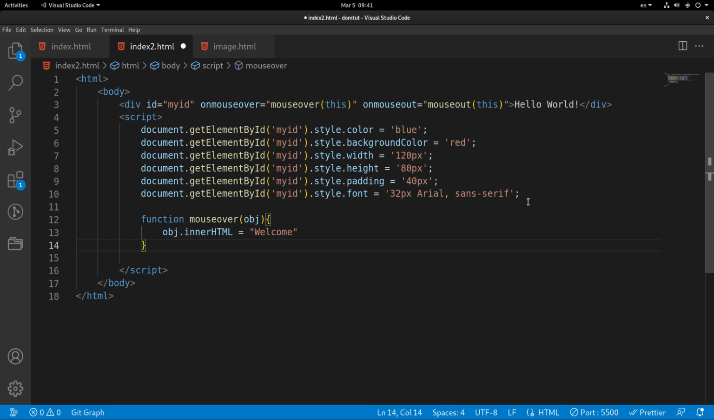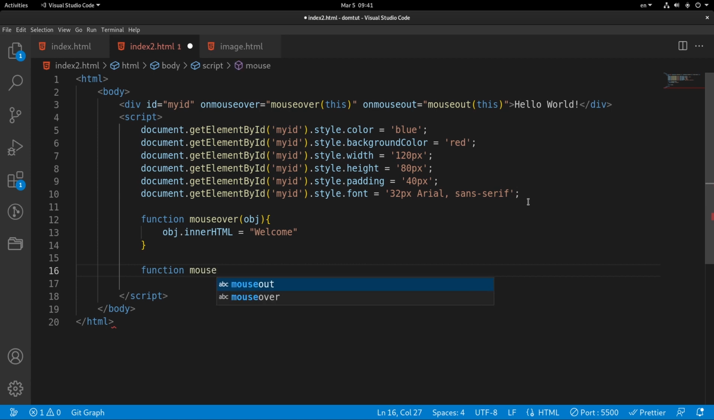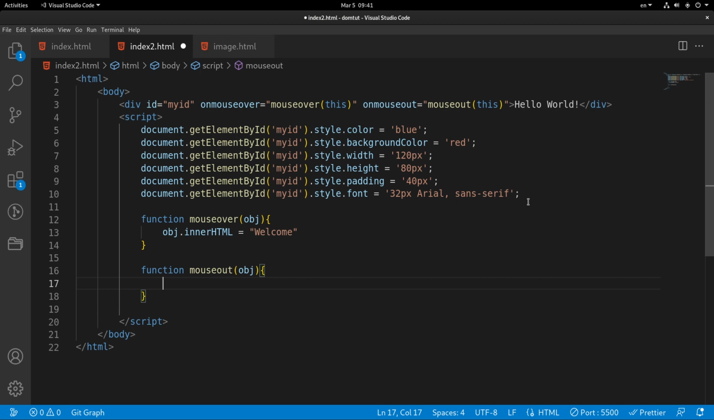And then we've got another function for mouse out, which is going to again show us the hello world, right? So mouse out right over here, we've got the object as the input, and then we've got the bracket. So obj.innerHTML equals to hello world another time. So now it's time to try this, and so let me first of all save the code and